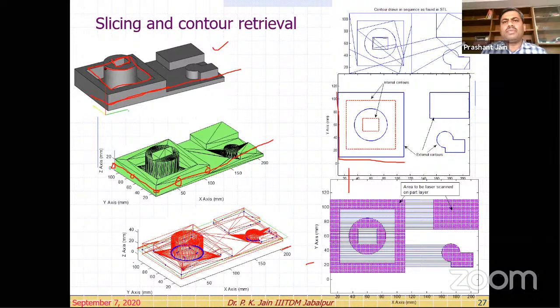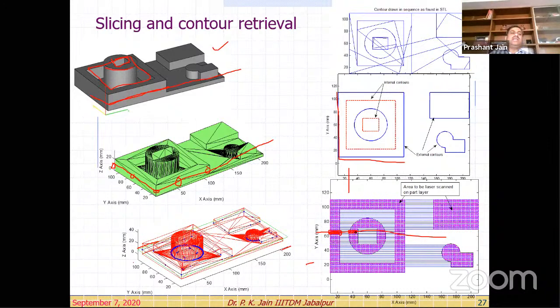To fabricate this part itself, you require this to be clear. So in this case, if my nozzle laser beam passes through right from here, say, what will happen here? The laser beam will be switched on. Here the laser will be switched off. So in between this, the part material will be solidified. Now here the laser beam will travel, but the laser beam is off. Then again switch on here for this portion, right?